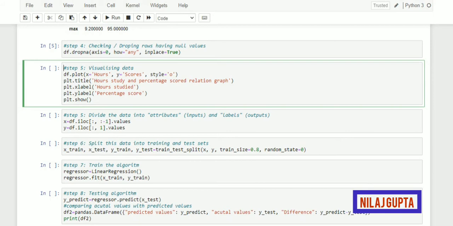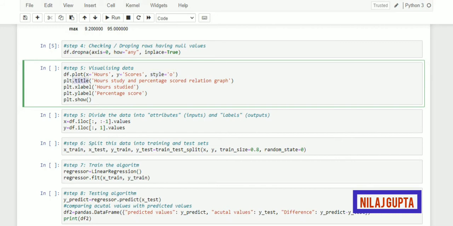Now let's come to step number 5, visualizing data. It is important to visualize your data to understand your data. Here you can use the plot method of the data frame, and on the x-axis I passed the hours and on the y-axis I passed the score column, and style 'o' means dots will be used.